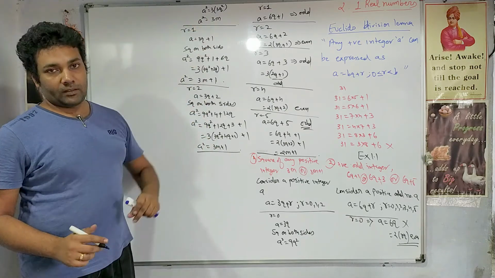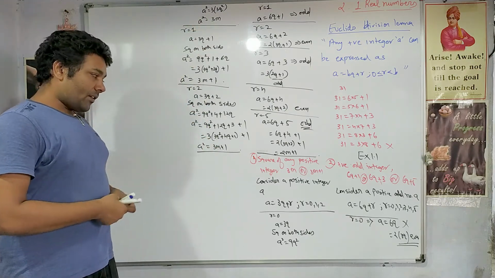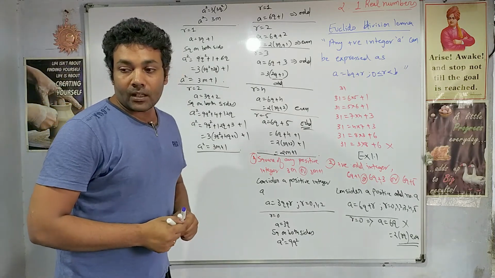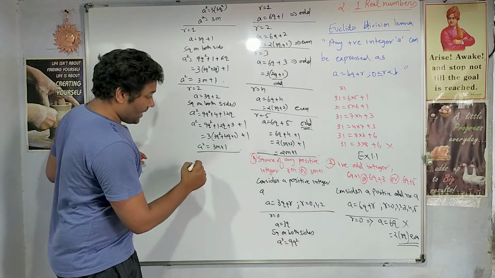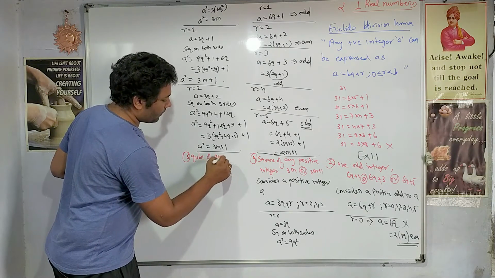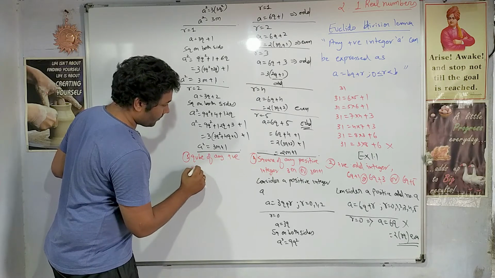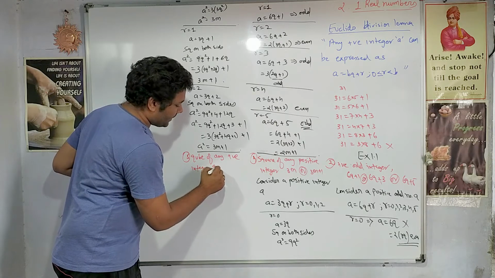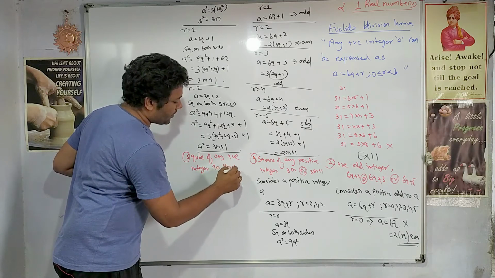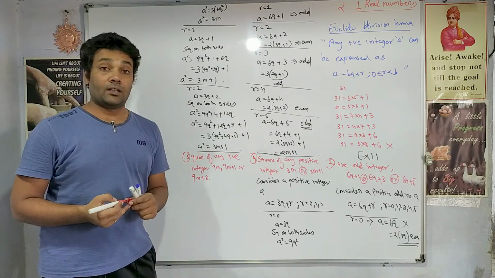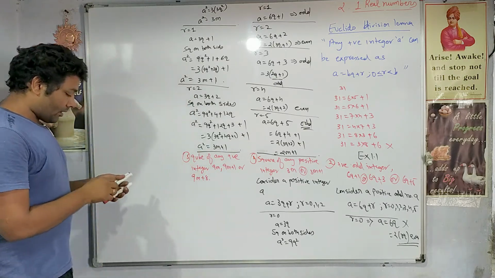So see, again square of any number can be represented either in this format or in this format, right? We have one more similar type of question, which is that the cube of any positive integer can be 9m, 9m plus 1 or 9m plus 8. So let us again try.